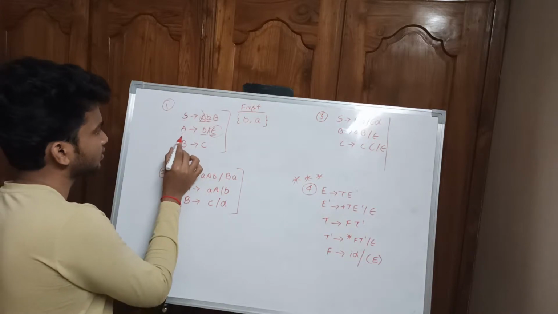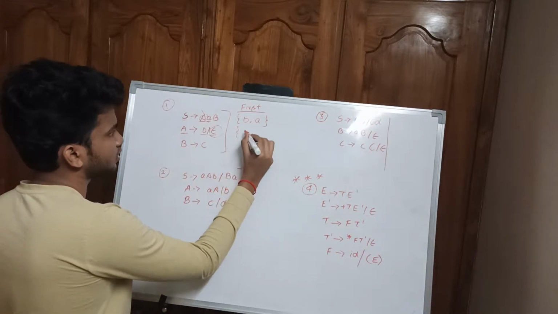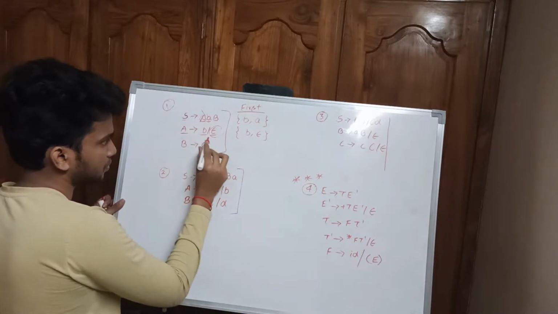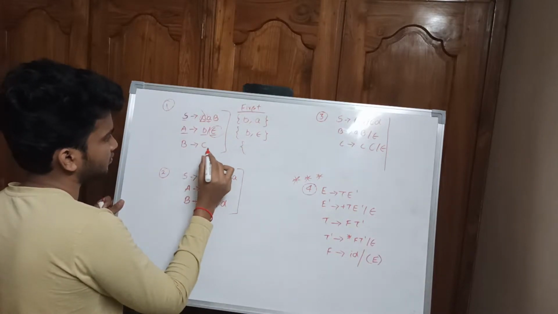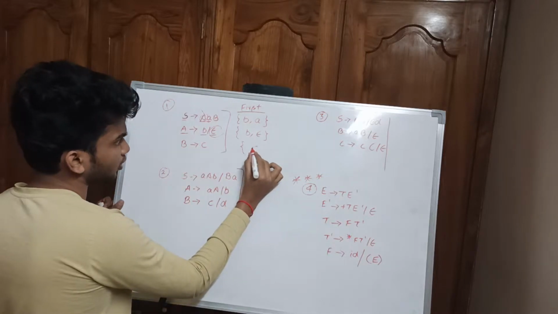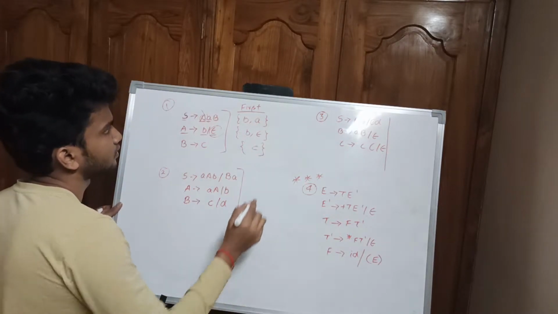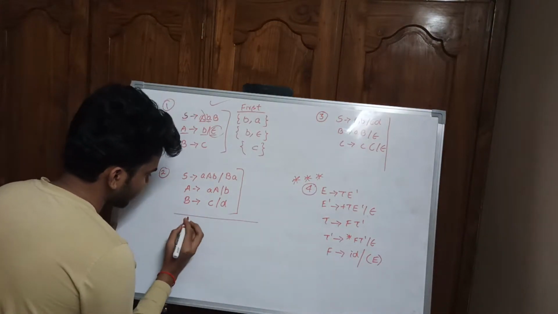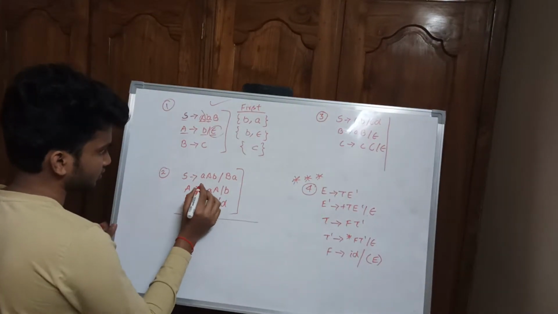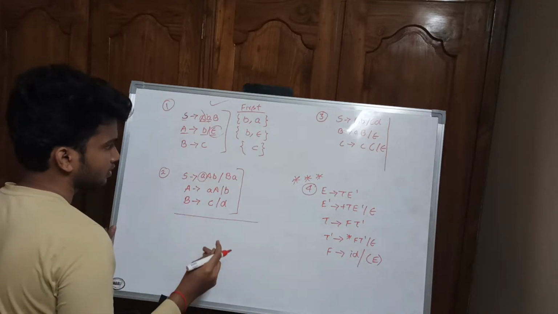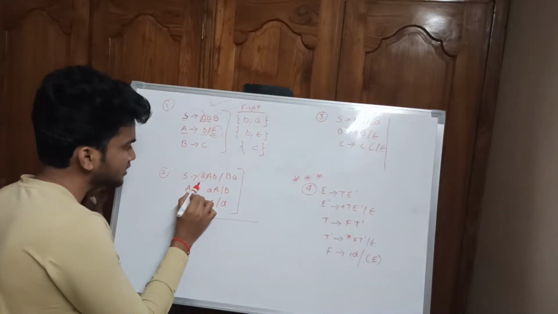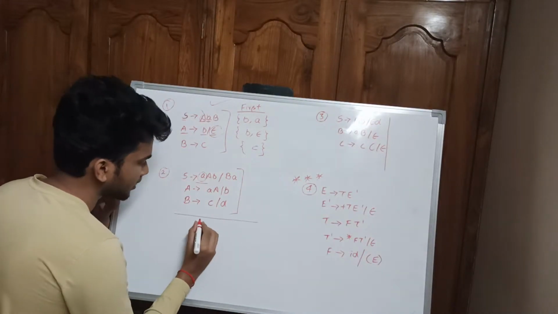Now we will check what is First of A. First of A we are having, right, it can either generate a B or epsilon. First of B is small c. Okay, so this is done. So again, what is First of S? First of S, here we are given a small a. So the part is done. Once you see the very first terminal generated by the capital S, the part is done.